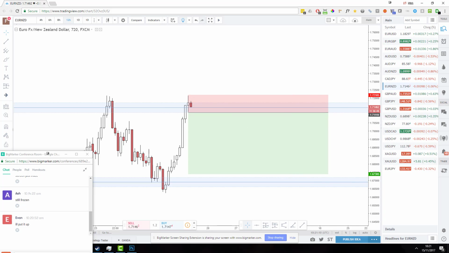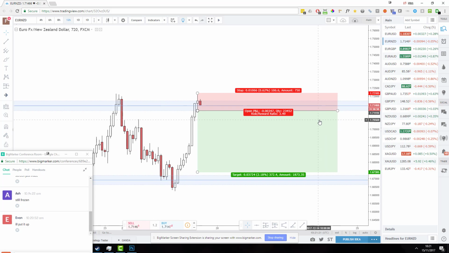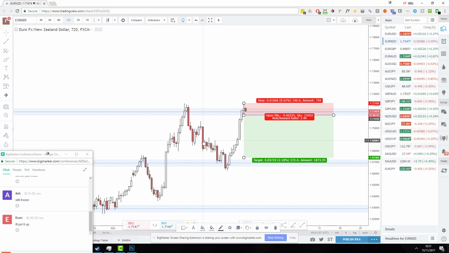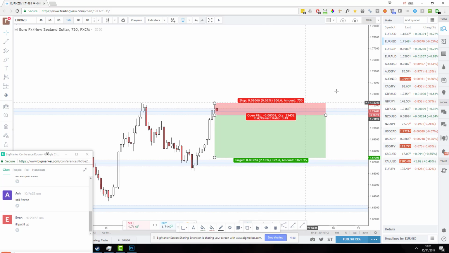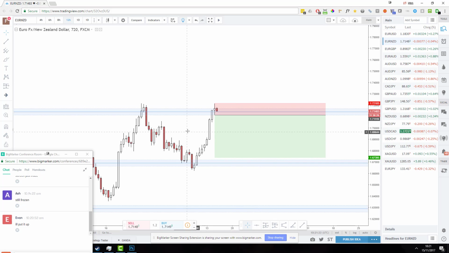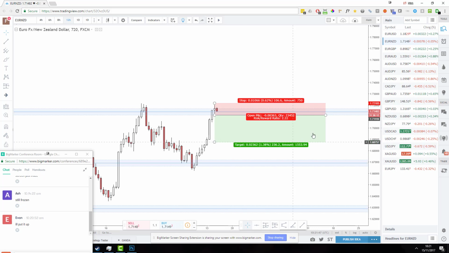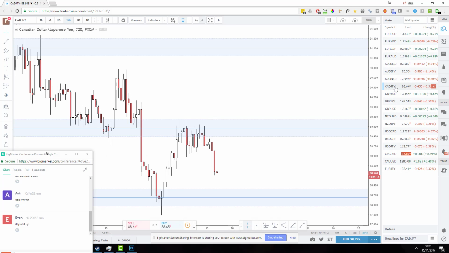Thank you. Okay, Euro New Zealand looks solid. All these Euro pairs are giving us good potential setups. But do keep in mind that Euro is climbing strongly right now. It's a very strong bullish move by the Euro, so countering that move is risky. While it's a strong setup, it's not necessarily a safe setup. I'm going to do further analysis on it just to make sure, but it has a really nice risk to reward ratio. It looks like a nice setup. Anyway,